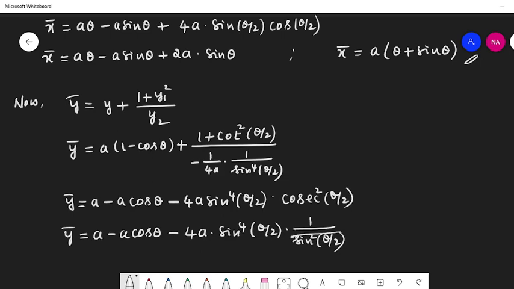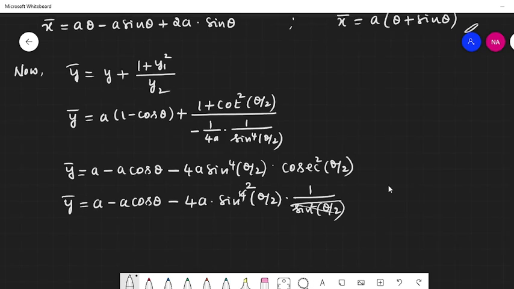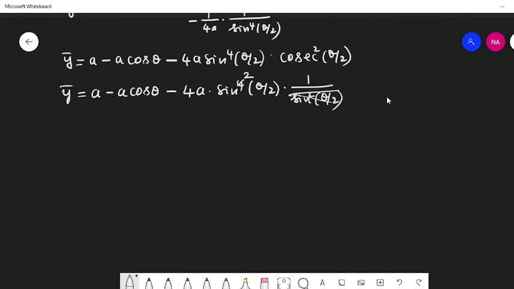So we get this cancelled with this one. So I'll get y bar to be a minus a times of cos theta minus 4a sin square of theta by 2,